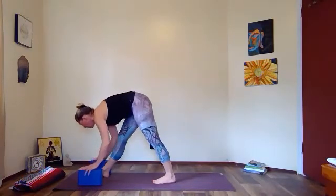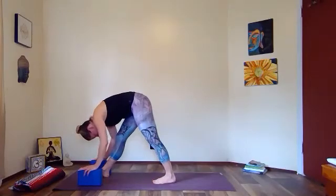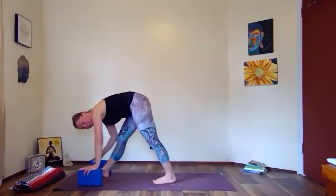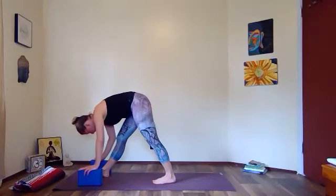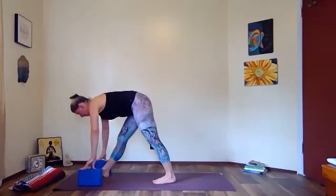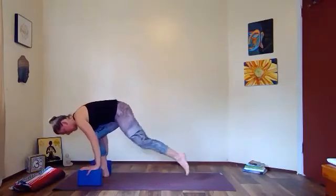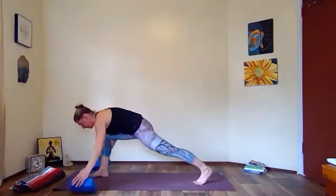Or fold forward. Again, one is active, one is a little bit more passive. You're really just feeling the sensation in your right thigh. Good. Breathe. And then slowly bending that front knee, sliding the right foot back, bringing both hands to the inner edge of